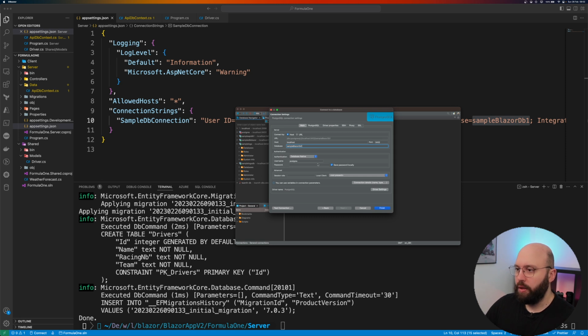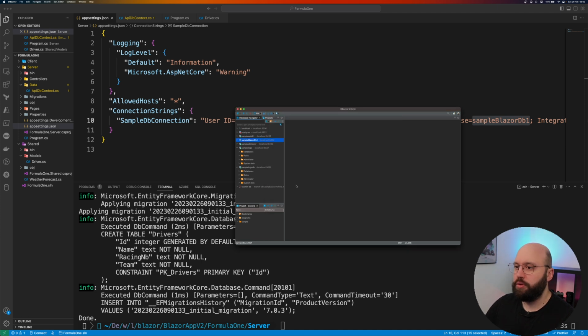Okay, and the password is going to be 1234567, test connection. Oh, Mohamad is the user, not Postgres. Okay, perfect. And now if I click on finish and I open this up: database, sample DB, schemas, public, tables,